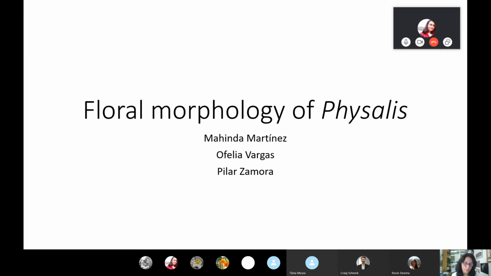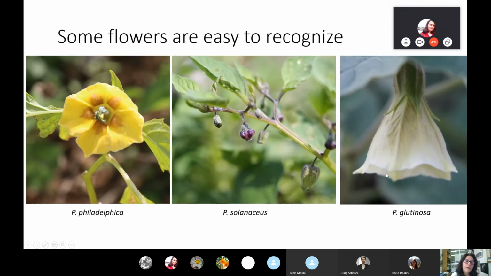I'm going to talk about what I'm trying to do now with Physalis. It's a genus in which I have been interested for some time now, and I keep wondering, why are species close to the type locality easily recognized as that species? But once you start looking at other collections that go a little further away from the type collection, it's not so easy anymore. So what I'm trying to do is look in more detail into flower morphology, because